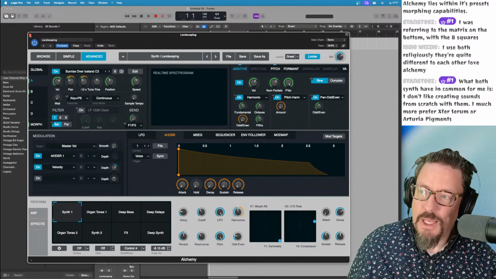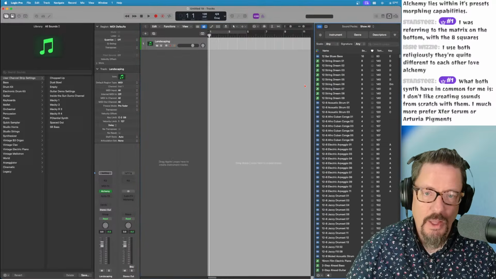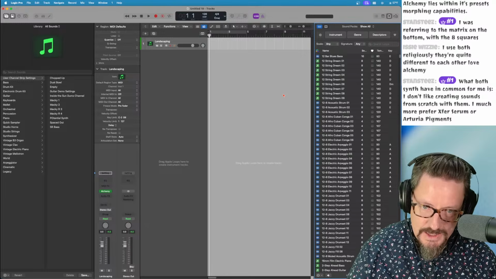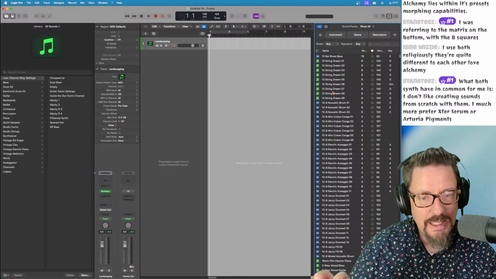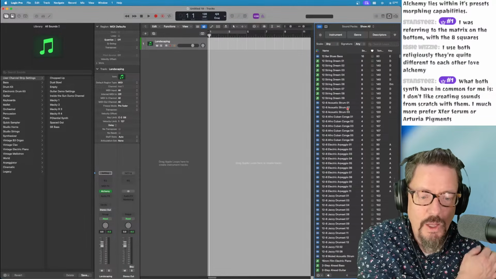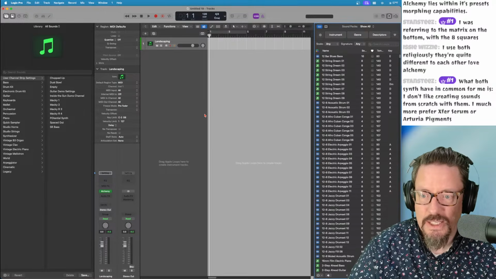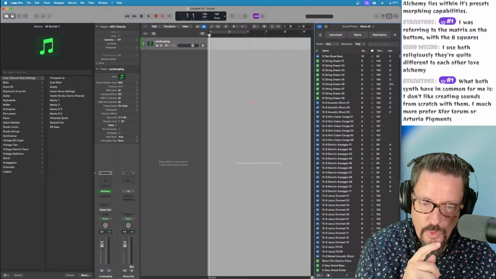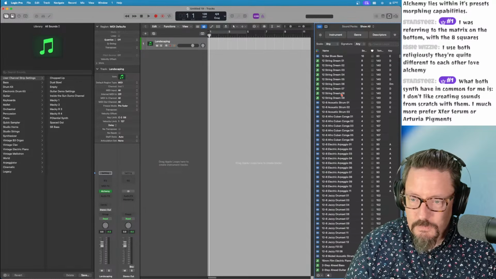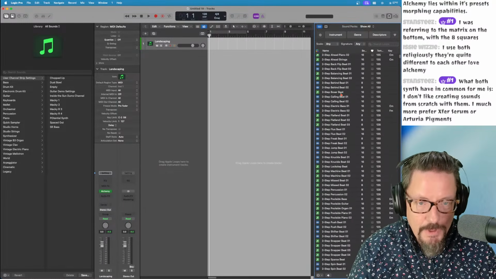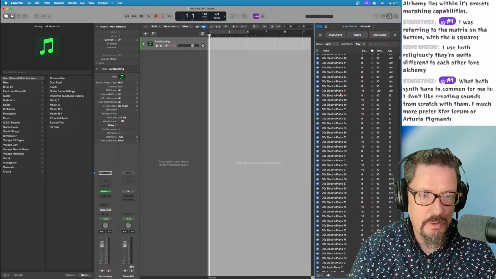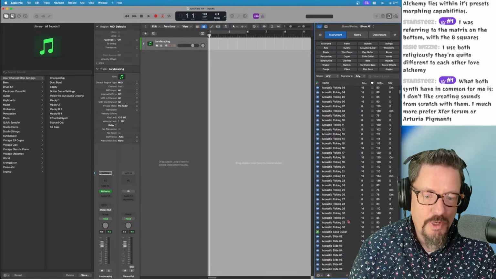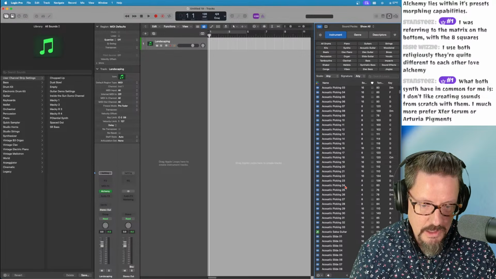Let me show you a couple ideas of what I was thinking in terms of, how do we increase some of the sounds and things that we're doing inside of Alchemy when it only has a limited amount of sounds? Well, one of the biggest strengths of Logic is that we're working inside all of Logic. And so, for instance, one of the major updates that happened to Alchemy since we've gotten it is another plugin called Sample Alchemy. And so I can come over here to my loop library.